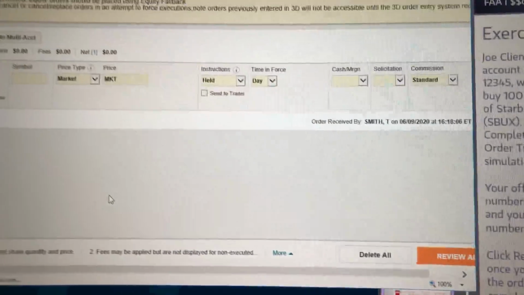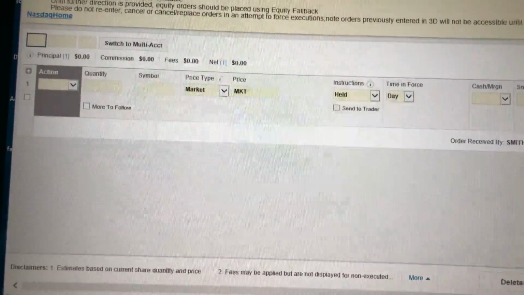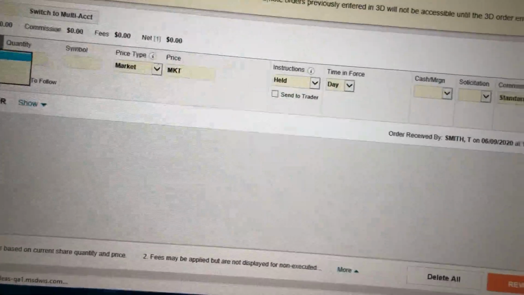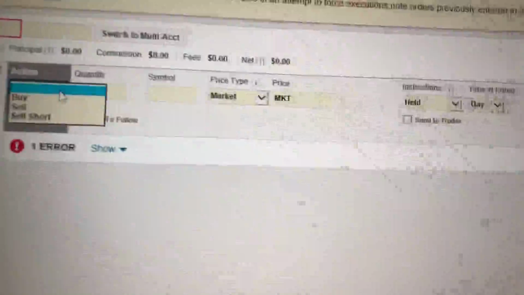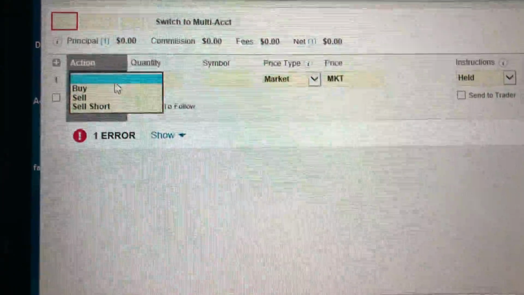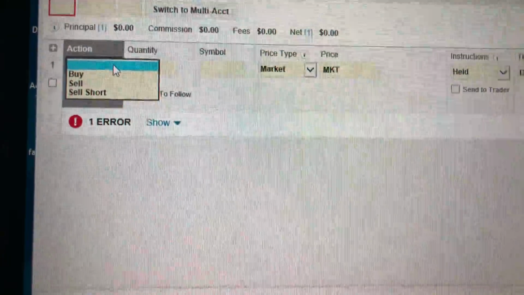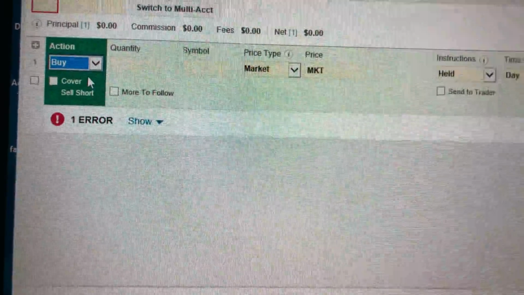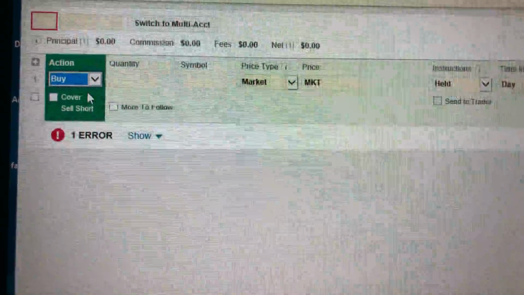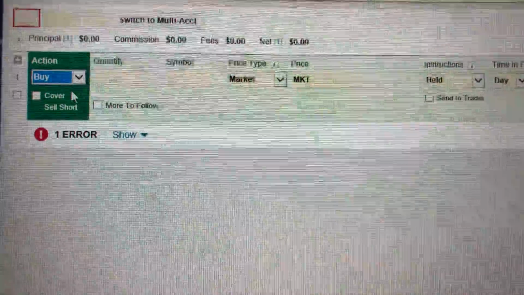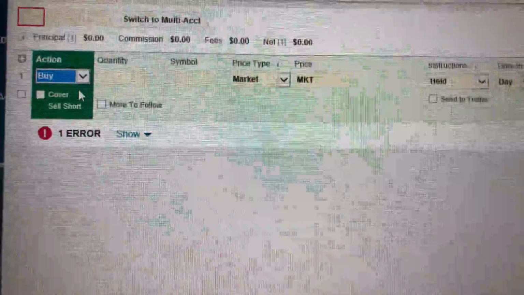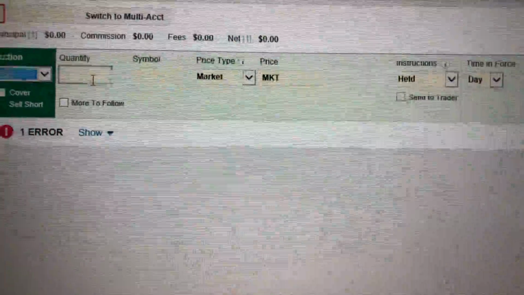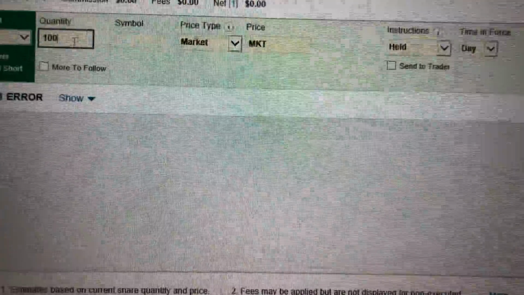Now here is entering an order in the practice system. So first we're going to select from the pull down menu. So the pull down menu should look like that when they click the little down arrow, and they're going to select buy, but they can be able to select the other ones and be able to proceed with filling out the thing. It's not going to evaluate it until they click review all. Notice that the background turns dark green here and light green here, and then they'll enter the quantity, and they